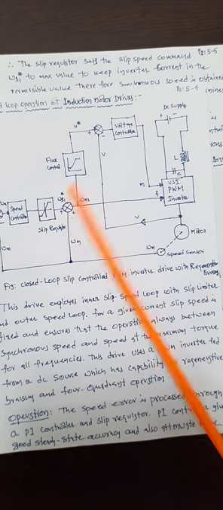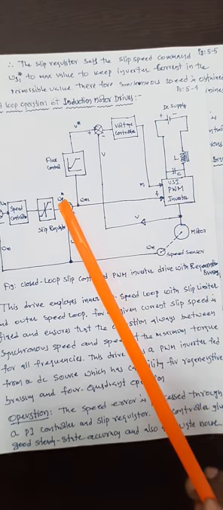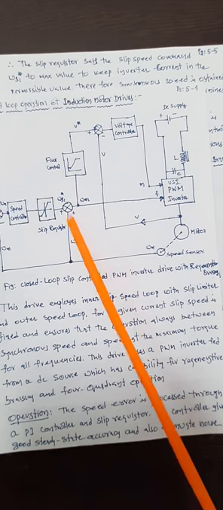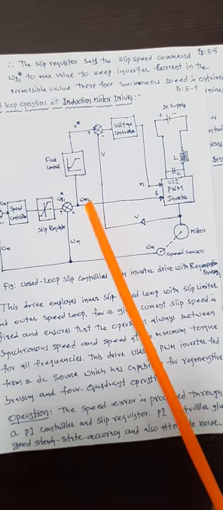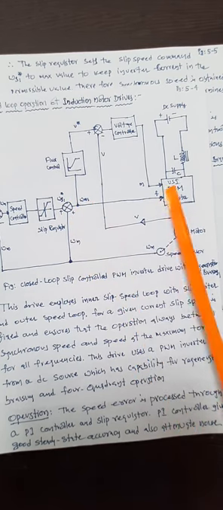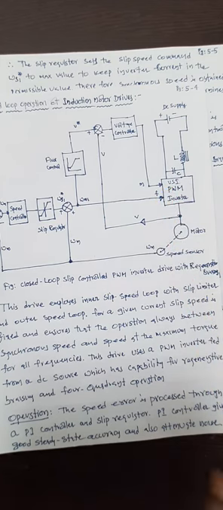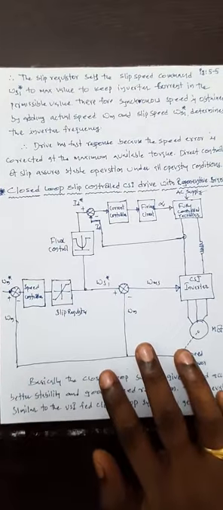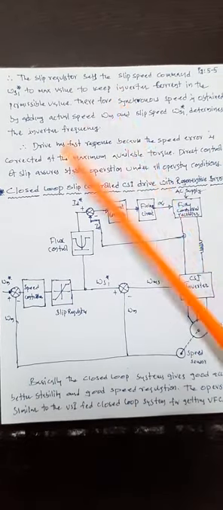Omega s1 is the slip speed and omega m is the actual speed. The combination of these two will give us the synchronous speed omega ms, which will set the frequency here. See what we discussed, that is to be mentioned as a statement here.